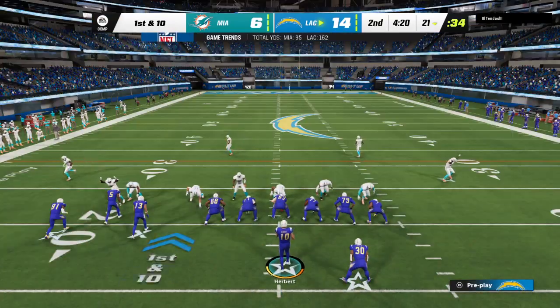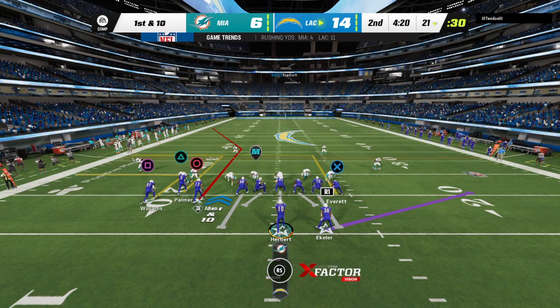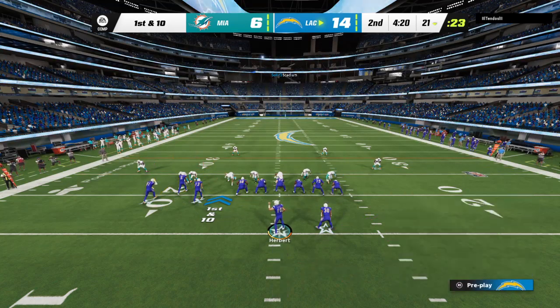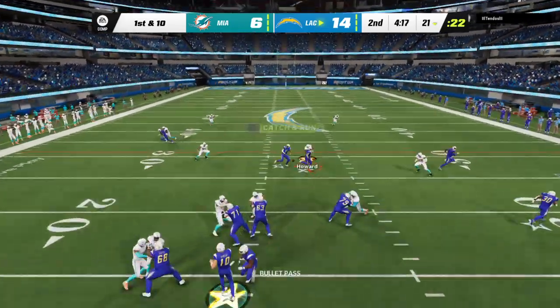The Charger drive about to get going. Well, this offense looks like they have a little extra pep in their step as they take the field here for drive number 3, because remember, Charles, drives 1 and 2 both ended in the end zone. Yeah, and right now they've just got to be careful not to lean into overconfidence because...